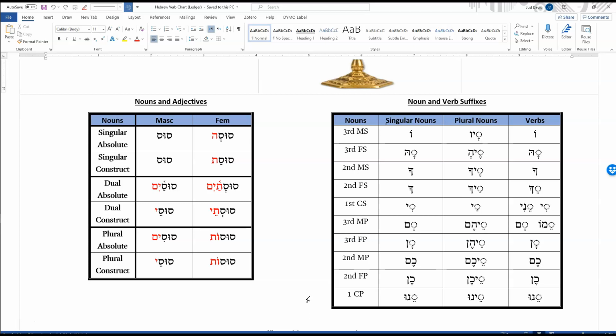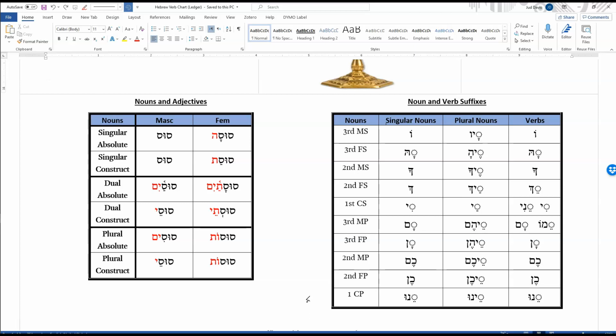Then you have suffixes that you can put on the end of a noun or a verb. And so we'll have to memorize this chart like the back of our hand. And that'll tell me like Suso is his horse, Susa is her horse, Suska is your horse if you're a man,